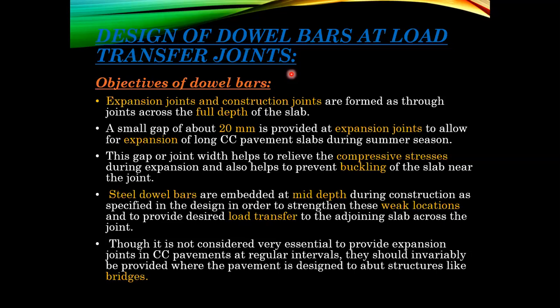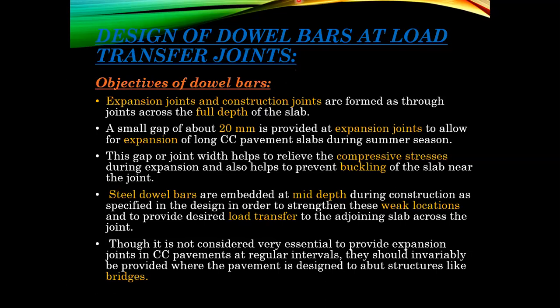Like that, in CC pavement, that is concrete pavement or rigid pavement, you are going to design the dowel bars based on a number of factors. That may be the load of the vehicle and also the thickness of the slab. All the design factors which you have studied until now, including the wheel load concept, radius of relative stiffness and edge thickness, you are going to apply in this class.